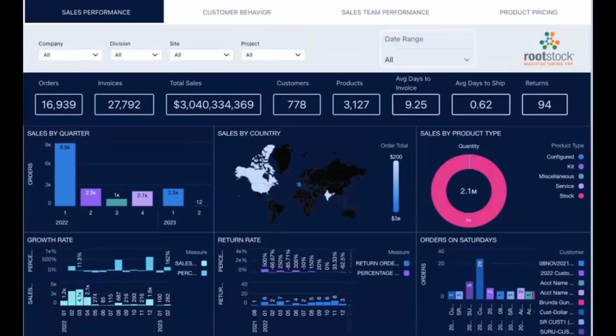Welcome to this brief demonstration of Rootstock's new Enterprise Insights analytics solution. With Enterprise Insights, Rootstock Manufacturing Cloud ERP users have ready access to actionable insights leveraged from the various functional areas